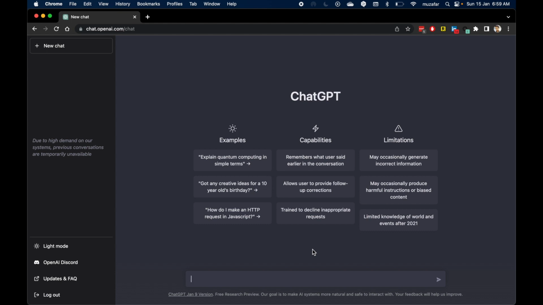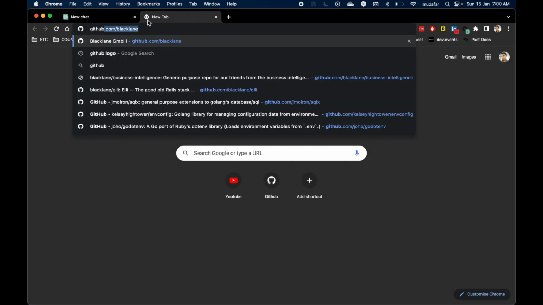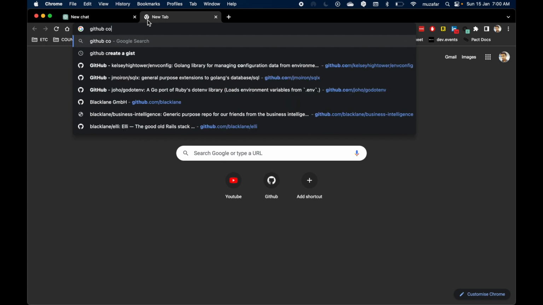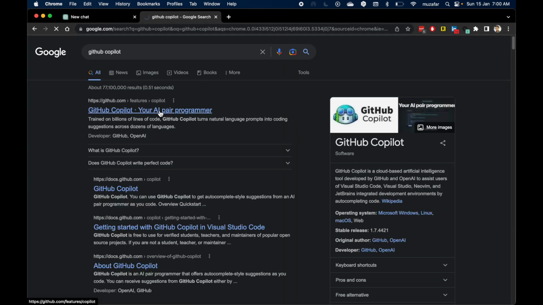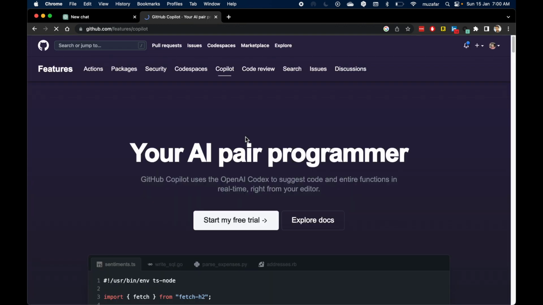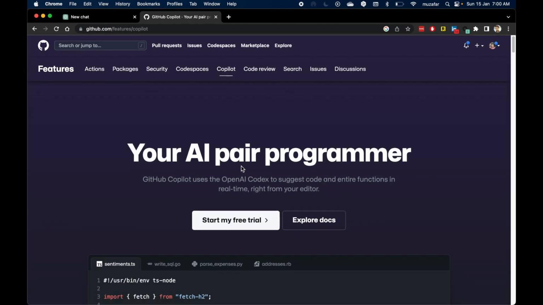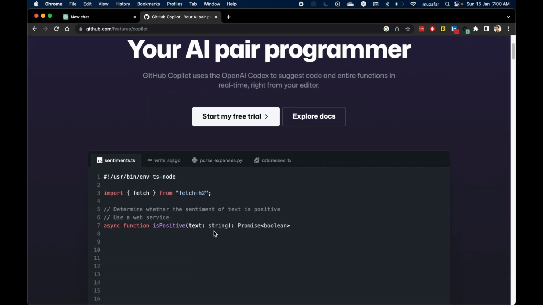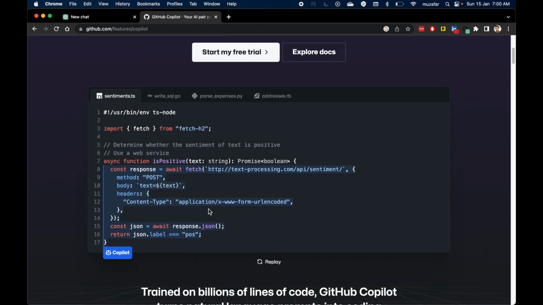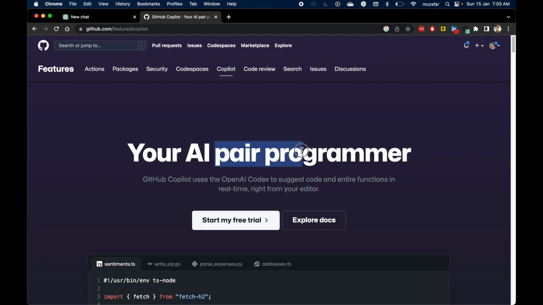So how is it able to generate code for us? Well, it is using something called Codex. It is also another tool by OpenAI, and it has also been used by GitHub's Copilot, if you know about it. If you go to GitHub Copilot, this is the AI pair programmer that GitHub has. I have already used it. It can autocomplete methods for you, so it has a lot of convenience. But this is just suggestion and autocompleting directly in the editor. I have used it in VS Code, but